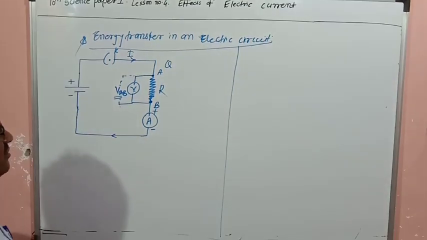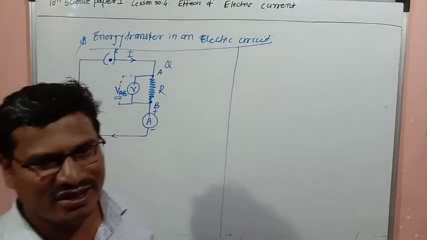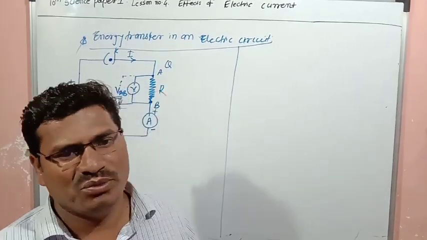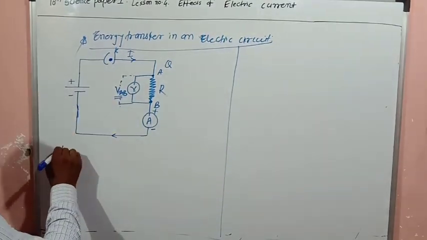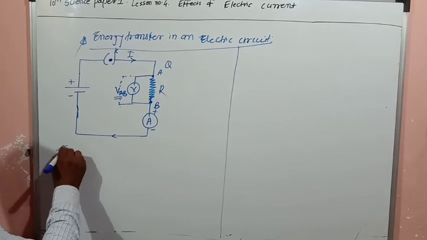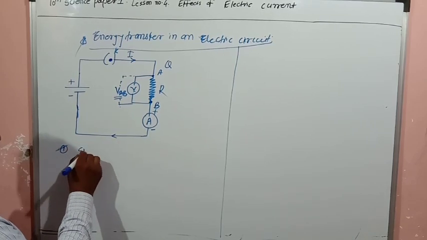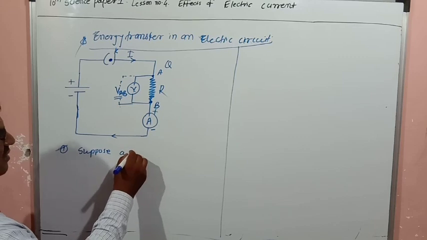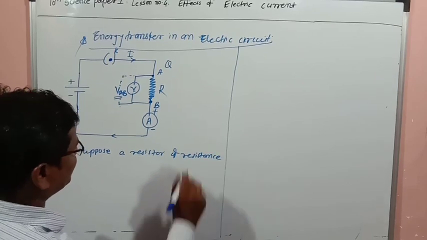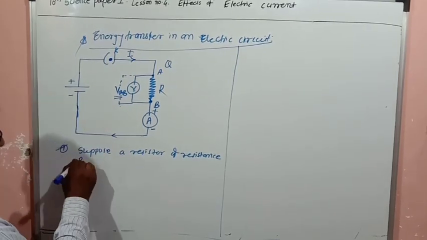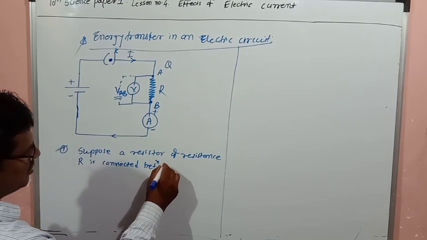So like this diagram is there, and if you look at the complete electric circuit, if you switch it on, electric current will flow, charge will flow. So in this you have to suppose different things. First thing is, suppose a resistor of resistance R is connected between 2 points